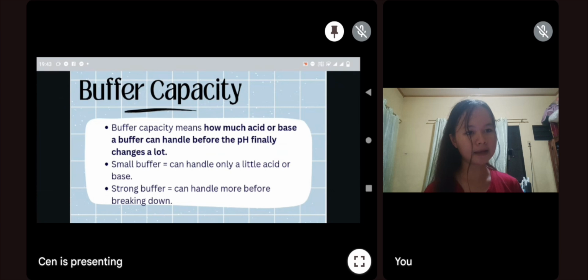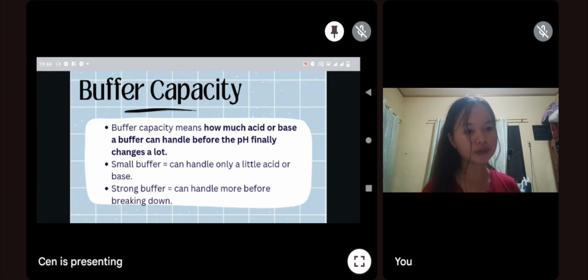And now onto the buffer capacity. Buffer capacity means how much acid or base a buffer can handle before the pH finally changes a lot. So when it's a small buffer, it can only handle a little acid or base, and when it's a strong buffer, it can handle more before breaking down. And whenever it is a small buffer, it only neutralizes an amount of acid or base before the pH changes. And when it is a strong buffer, it contains higher concentration, so you can add more acid or base to keep